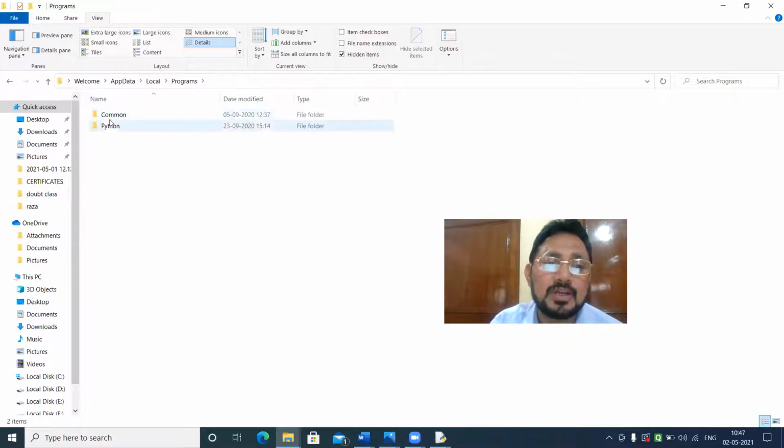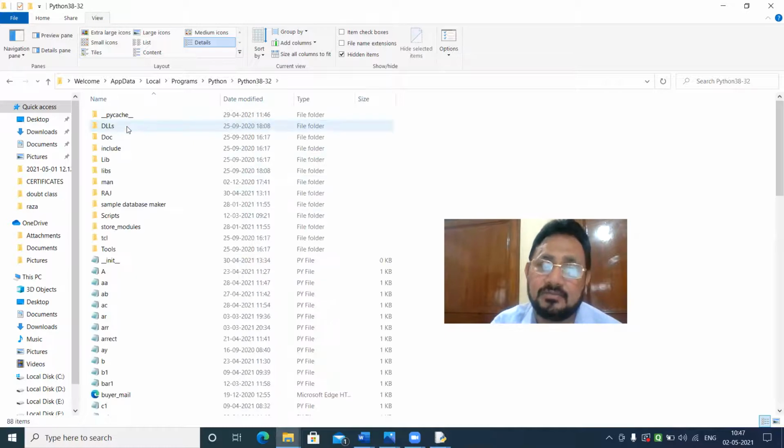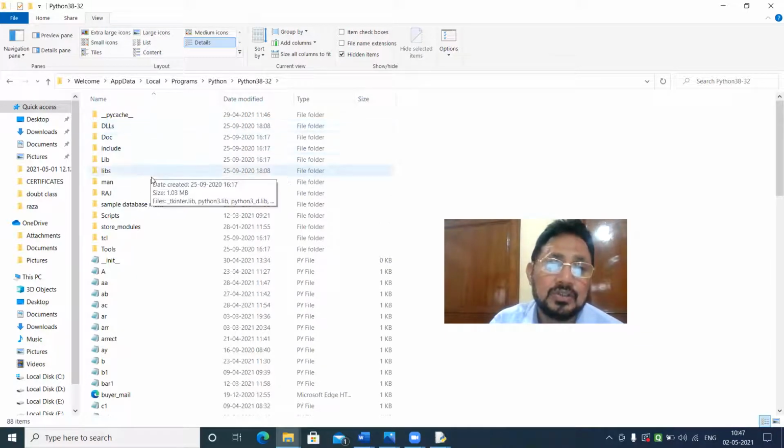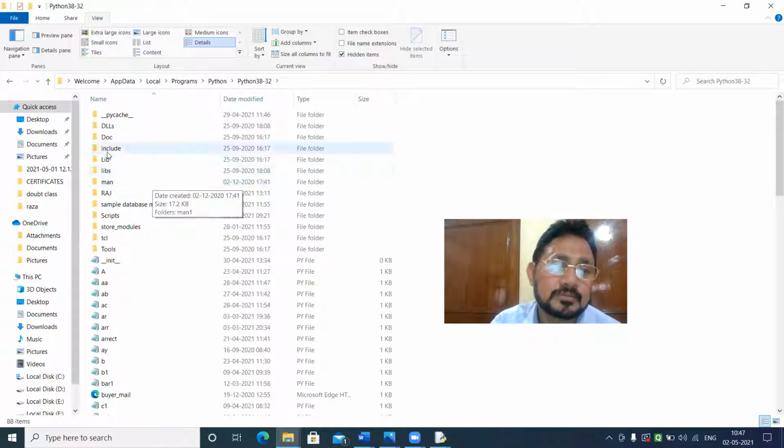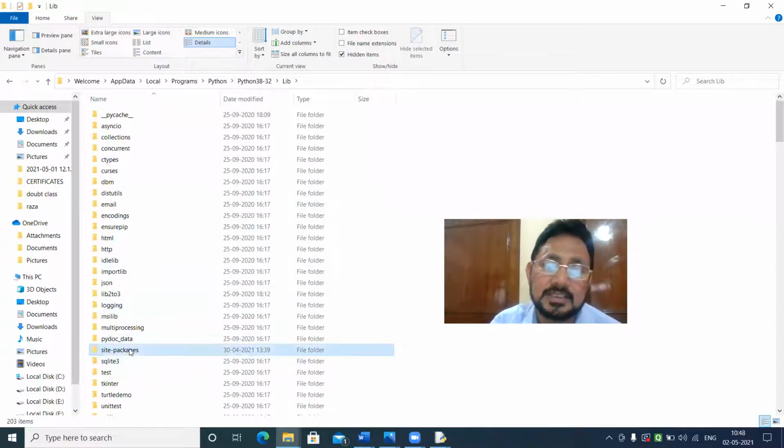And in programs, you have to go to Python. And in Python, I am having both versions, that is why it is showing two folders, Python 3.8 and 3.7. So 3.8 I have made. In that, you have to go to lib, and in lib, you have to go to site packages.